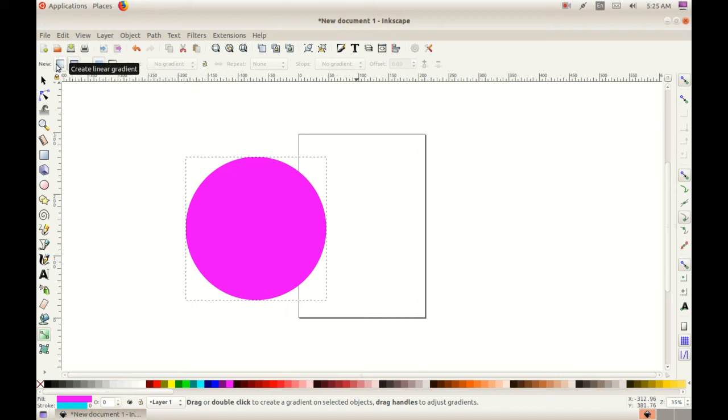Linear gradient means for linear figures. What do you mean by a linear figure? For example, a cylinder or a rectangle. You have to give linear gradient. Now I have drawn what? A circle. It is a radial gradient. If it is a circle, you have to give which effect? Radial gradient. We select the second one, that is the radial gradient,